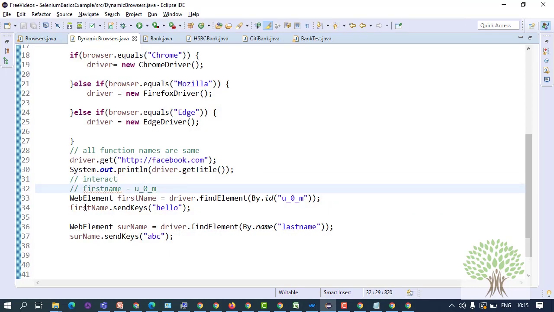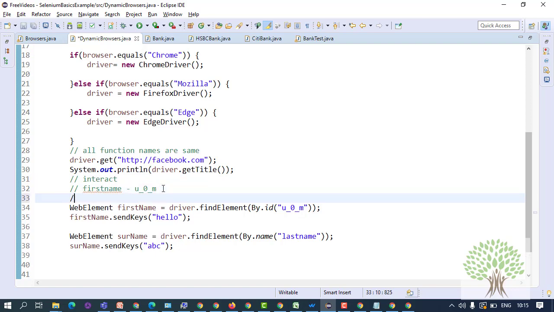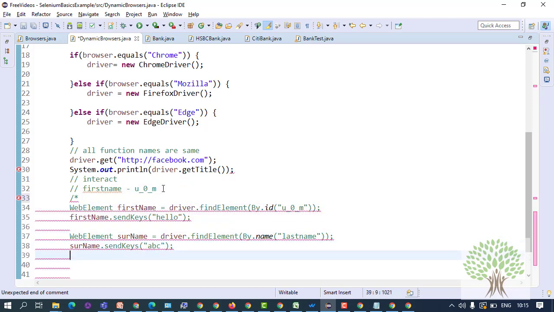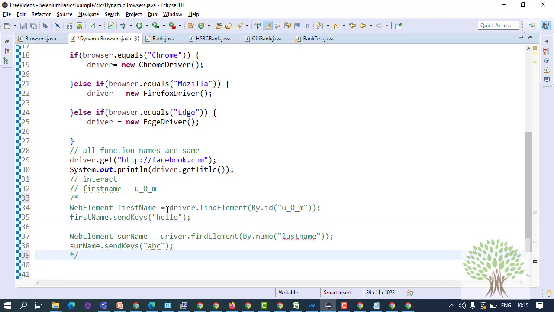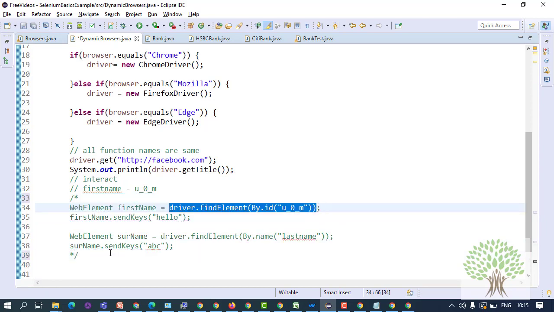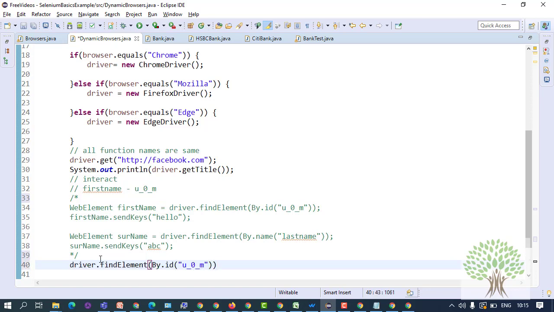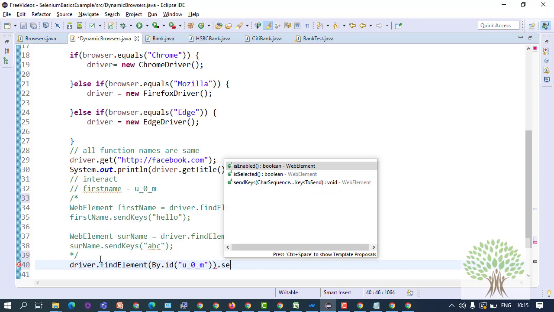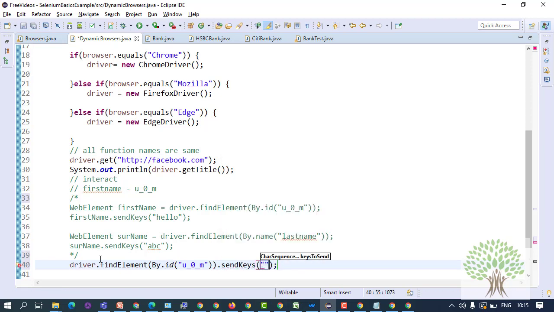Okay, instead of doing this, I will comment all of this. You can write driver.find element By this ID, and it will go and find the element, and on that element you fire the function send keys hello. Okay, right, and what happens is that the extraction starts from the left to the right side.